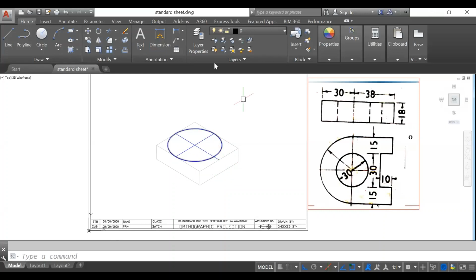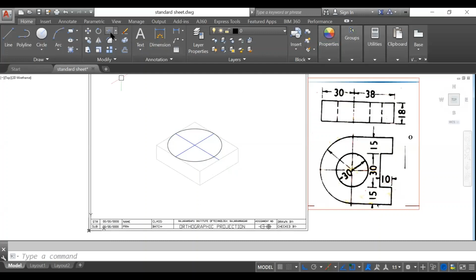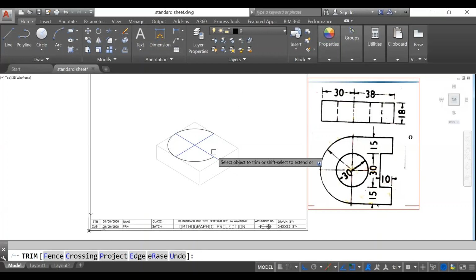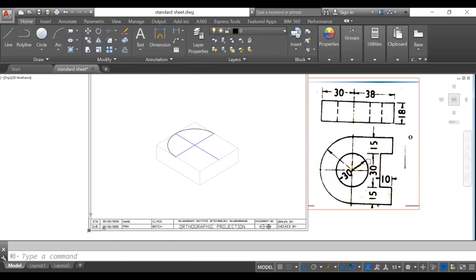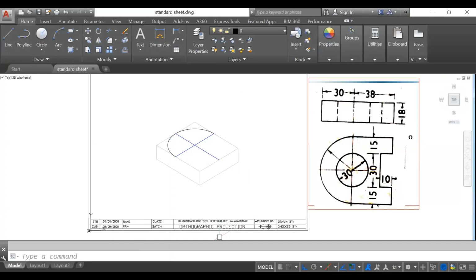Okay, so it is a half circle, so I have to take this as a black color first. Then I have to remove the half of the circle, so trim it. Okay, so this is half circle 30 mm. One more circle is there of diameter equal to 30 mm, means width is equal to radius equal to 15 mm. So you can again use ellipse.